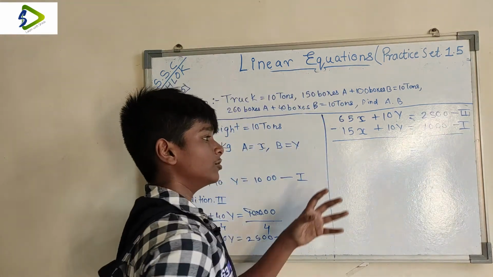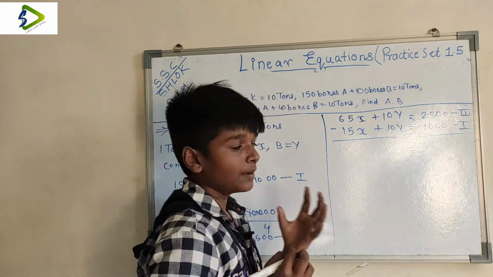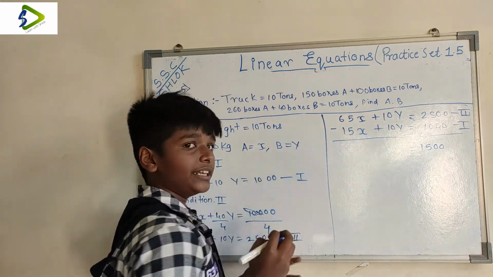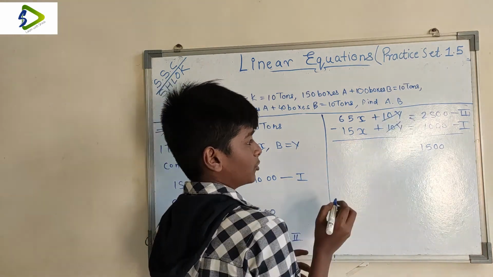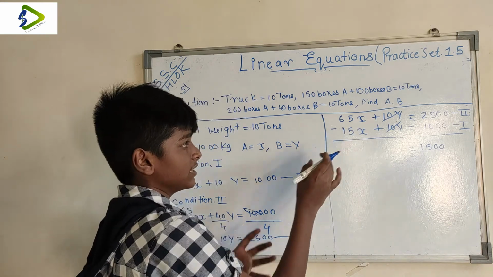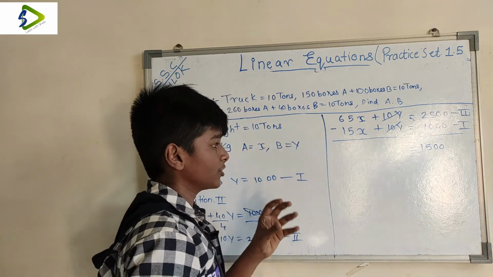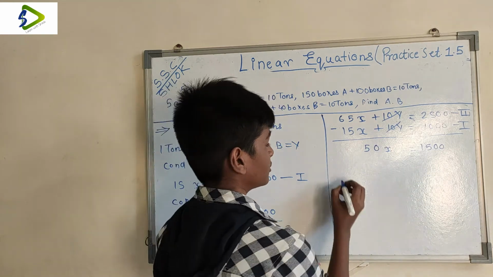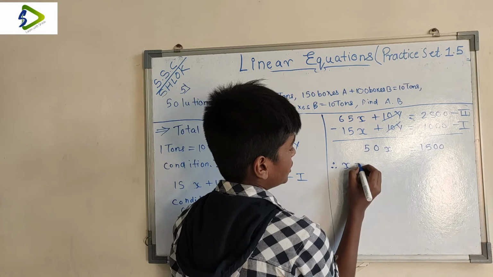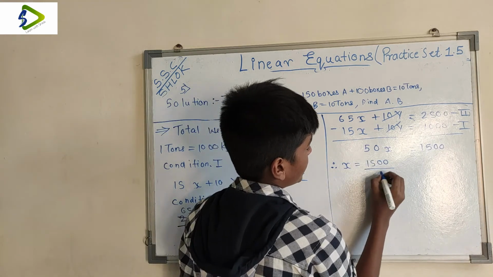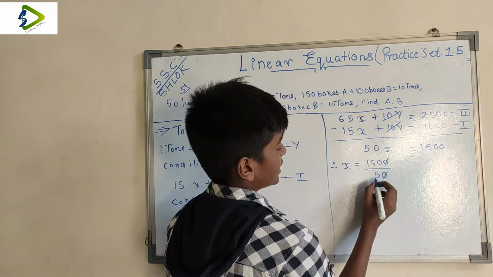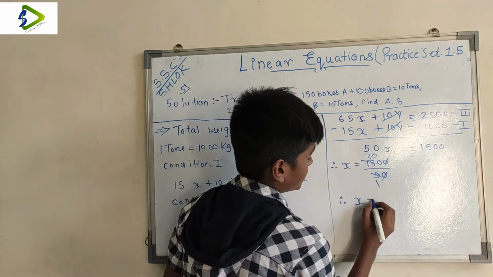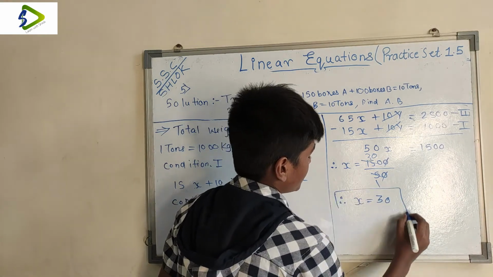Now if you subtract 2500 by 1000, you get 1500, and here 10y minus 10y means that we cancel both out, we get 0y, and 65x minus 15x, if you do, you get 50x. So our equation becomes 50x is equal to 1500. That means that x is equal to 1500 by 50. 0 0 cancel, 5 1s are 5, 5 3s are 15, and our answer is x is equal to 30. And this way we have found the value of x.